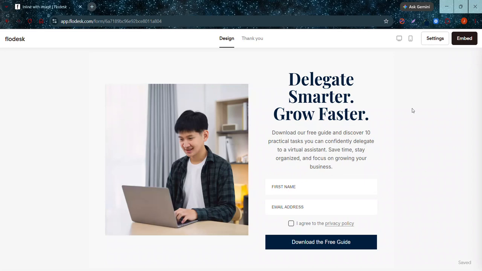In this form, people can download a free guide when they fill up the form, and they'll be automatically part of my mailing list. And once they're part of my mailing list, they will be able to receive the content, the tips, and all other resources that I'll be giving to them in their email.